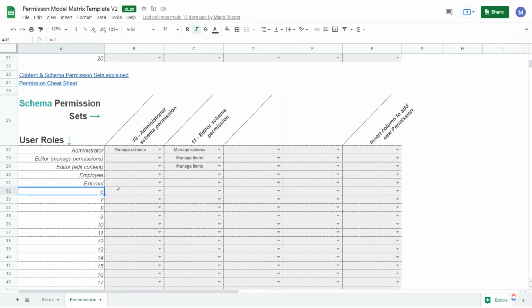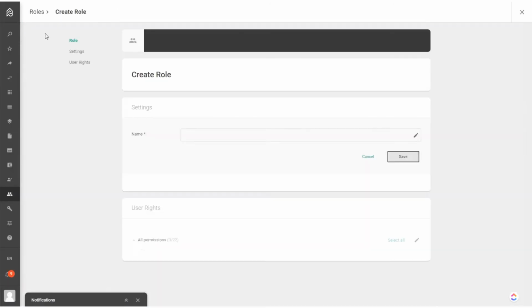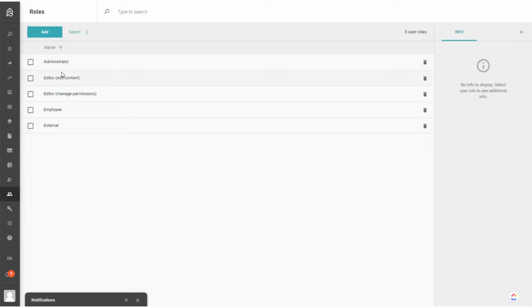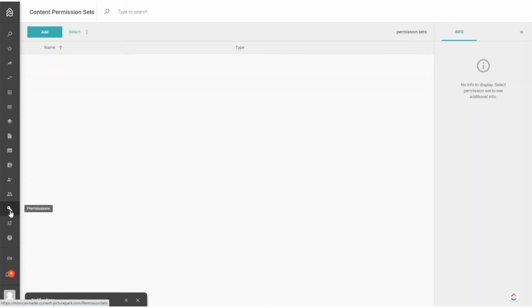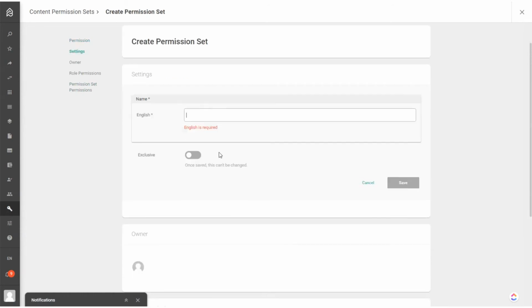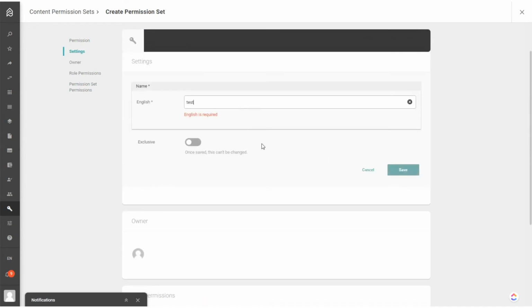Great. Now that we got the template completed, it's time to implement it in Picturepark. We start with roles. You add a new one and copy the naming from your template and add the needed user rights. This is very straightforward. Then we go to permissions. Add a new one and also here copy the naming from your template. When you scroll down to role permissions, you can add the different permissions by user role as you have defined